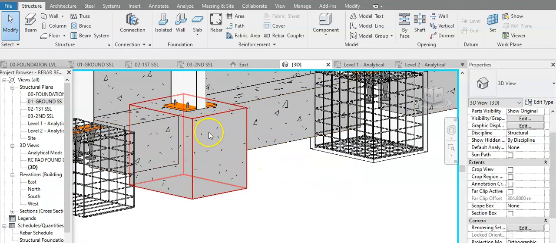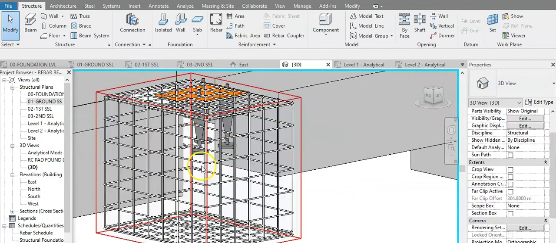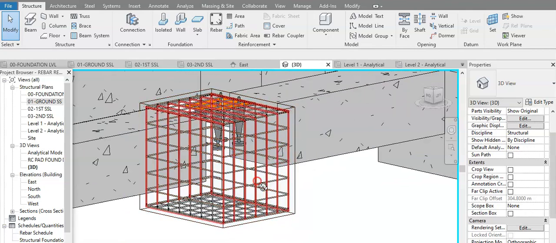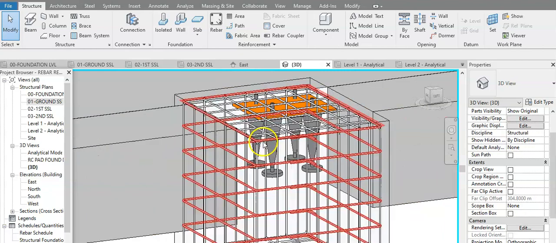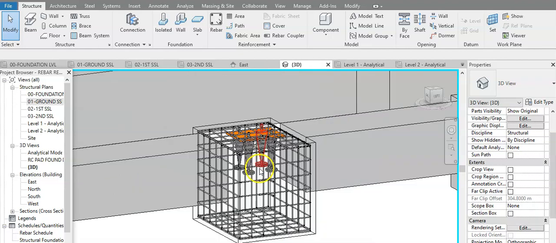So let's have a closer look at what we've got here. We can see these shapes are what they call the pad foundation, and these are the rebars that form part of the foundations. Then we come across this item here, which is called the holding down bolts set, which contains a number of bolts fixed together with parts they call cones and plates, and the plate will connect them all together, and they are all fixed into the